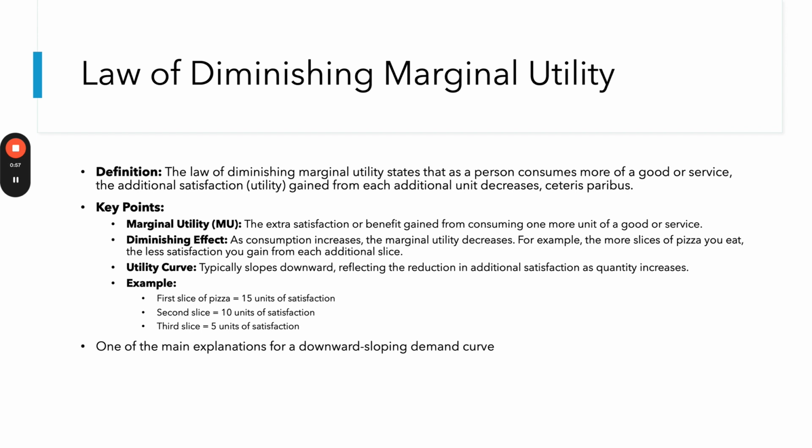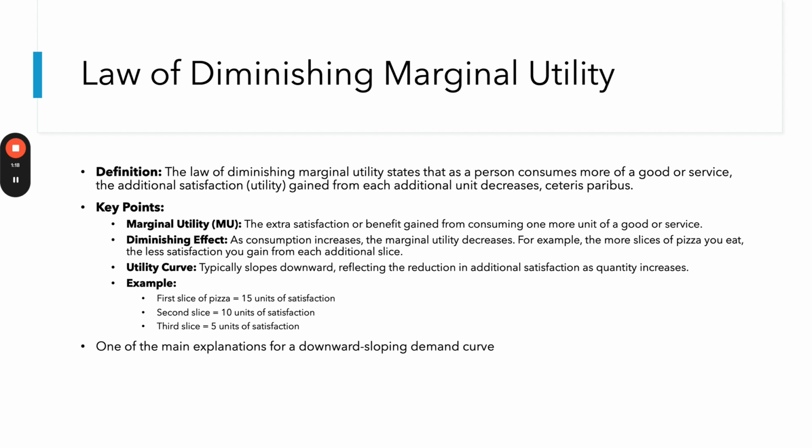A good example is typically with food like pizza or burgers. Maybe for the first few slices you'll have high utility, as in you'll gain a lot of satisfaction. However, after the 5th, 6th, 7th, 8th, that will decrease and at some point even become negative. You will not have any utility, rather it would have a negative